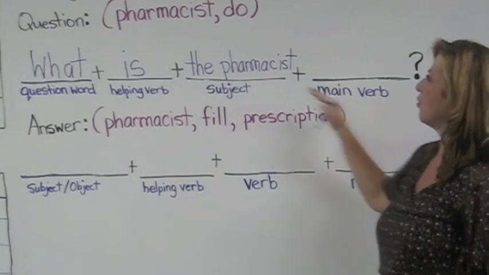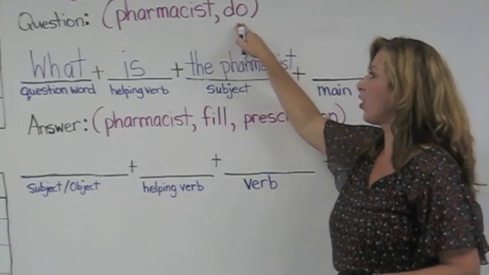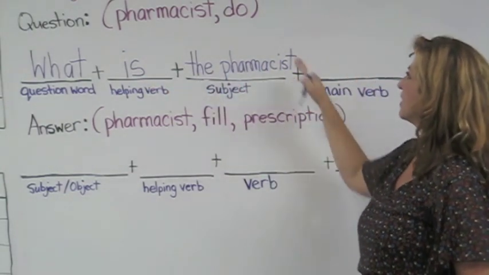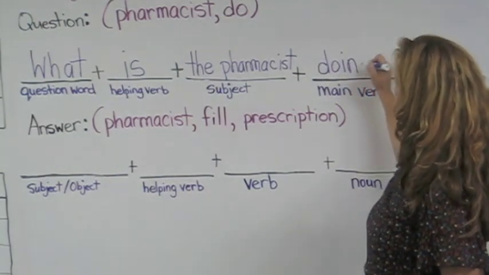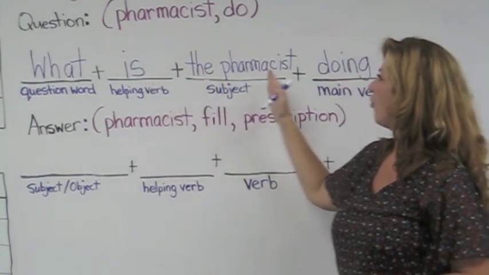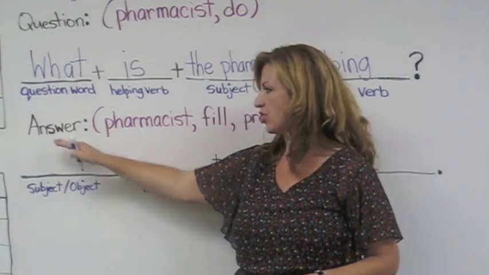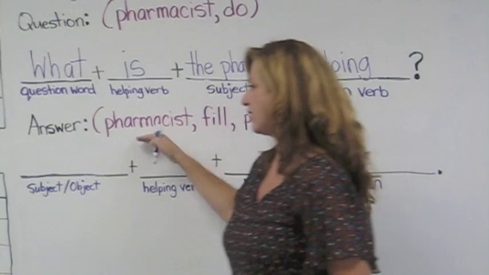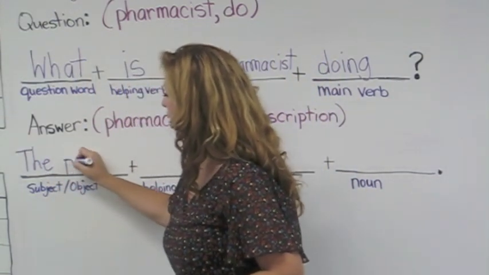and our main verb is to do. So again, we need to conjugate our verb to fit the question. What is the pharmacist doing? Because it is in the progressive form, it is happening as we ask the question. What is the pharmacist doing? And now to answer the question, again, we begin with our subject, which is the pharmacist. And we begin with the capital letter. The pharmacist